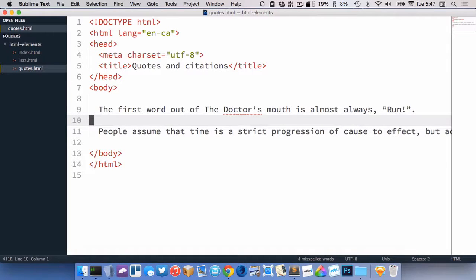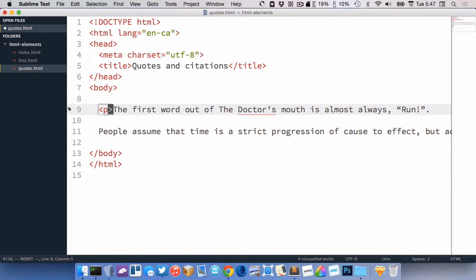In HTML, there are two ways to denote quotes. The first way is for what are called inline quotes, and the other one is for longer sort of quotes that stand by themselves. So as an example, this first one here, let's say this is a paragraph, because most